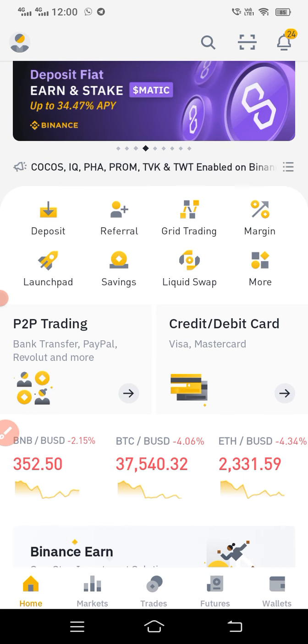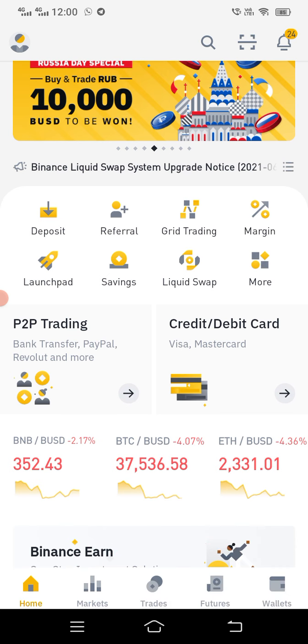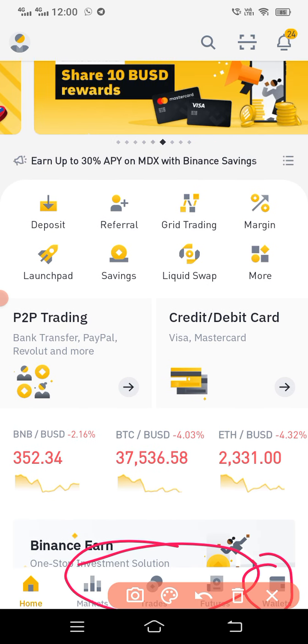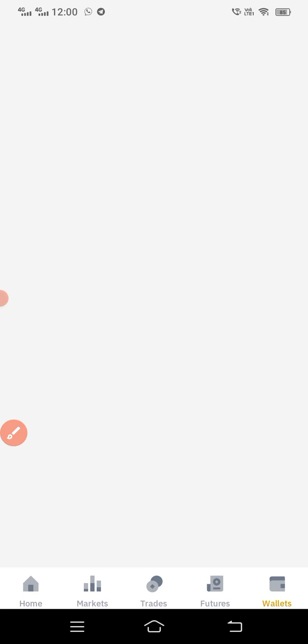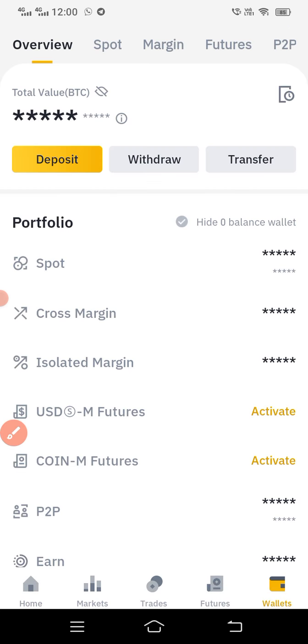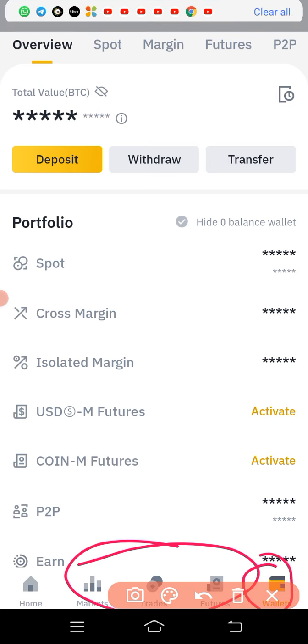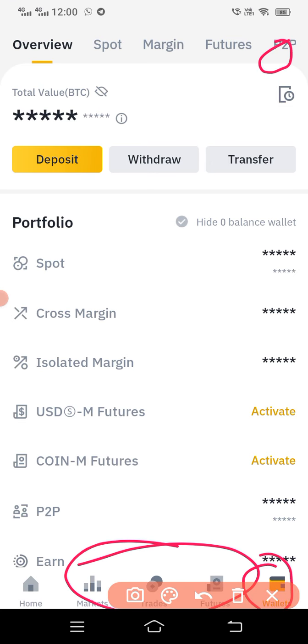Here, I'll go to my wallet here, wallet down. So I'll check my wallet here. Now my amount is in this P2P. So I need to transfer it to spot.